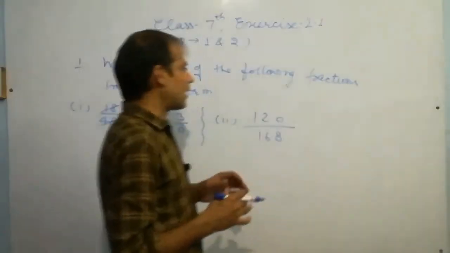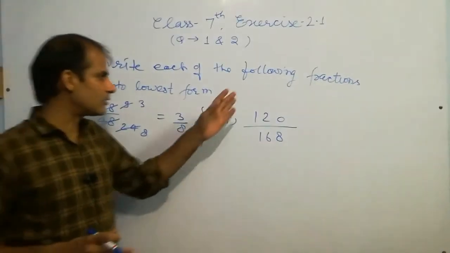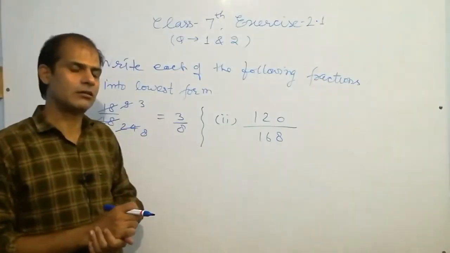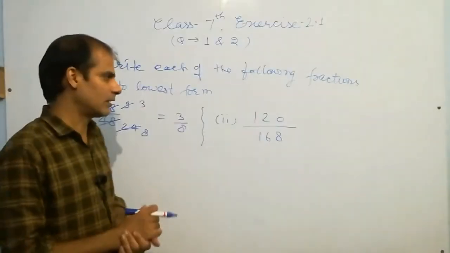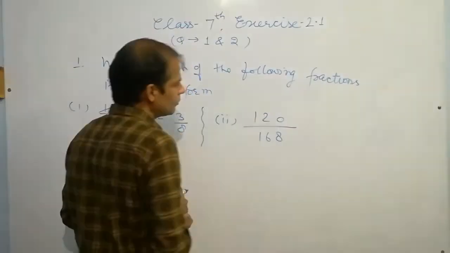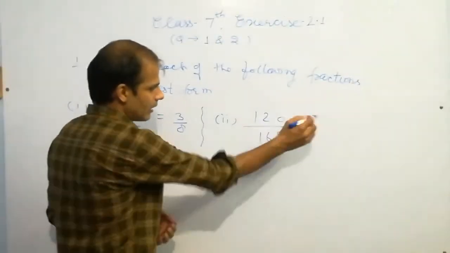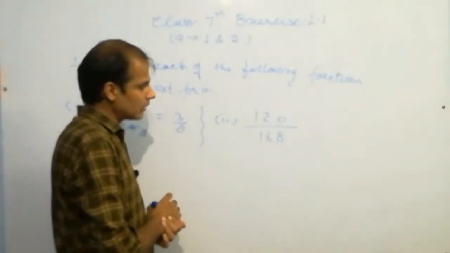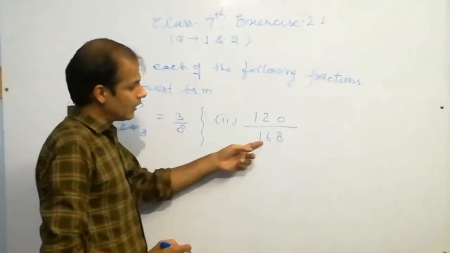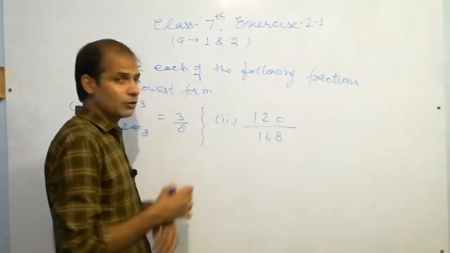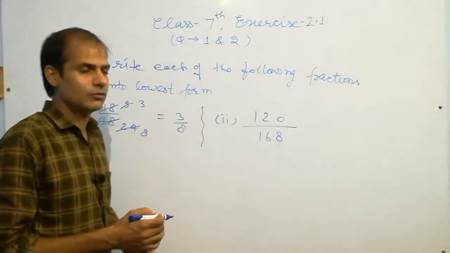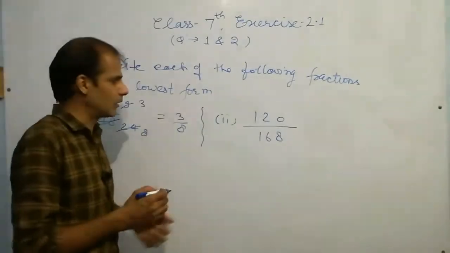If you already remember that these numbers are divisible by some bigger number, then you can try that. So if you remember the table of 24, it will be easier. Check, it comes in the table of 24. Yes, 24 5s are 120. It also comes. Now if you don't remember the table of 24, then just try it by another number.